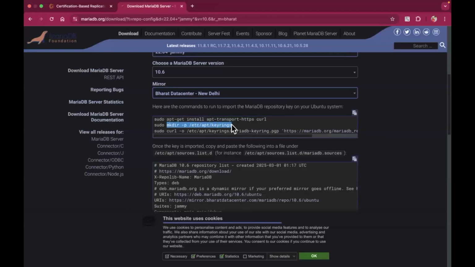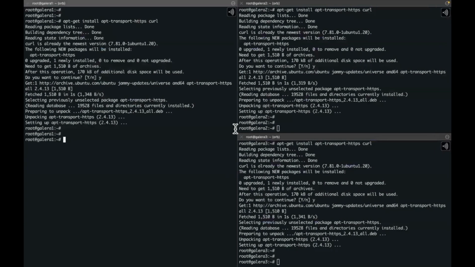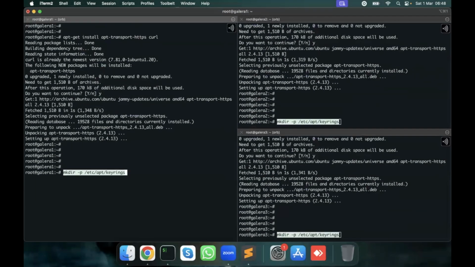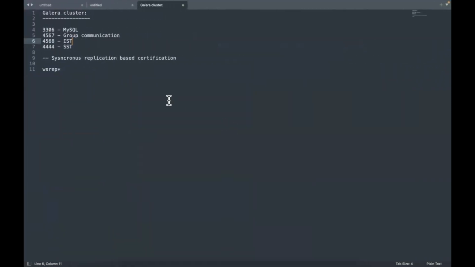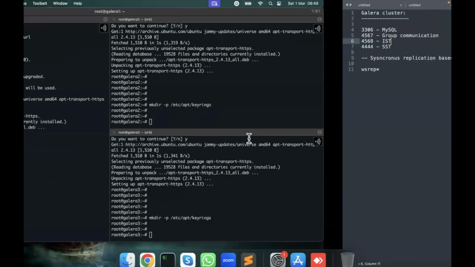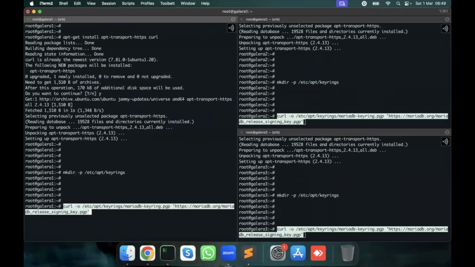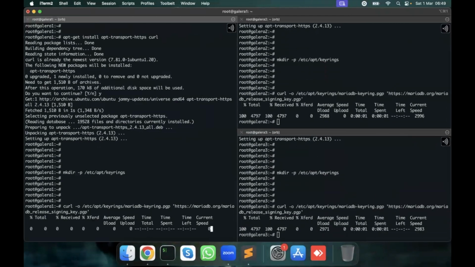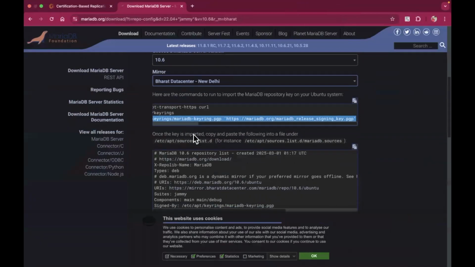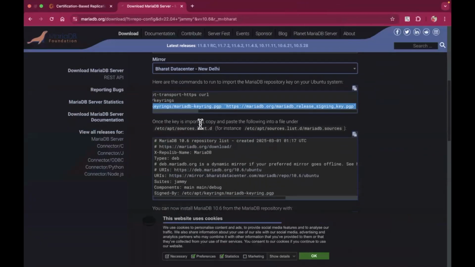Then we need to create this directory. Command, sorry, mkdir. What happened, man? Then we need to import this key, I think. Yeah, import this key, the repository key. Yeah, so this is downloaded now. Then once the key is imported,